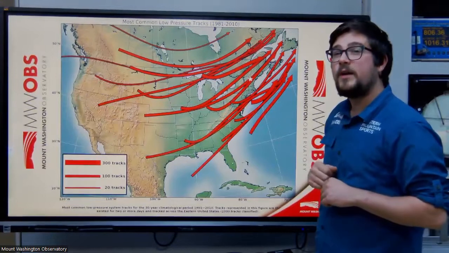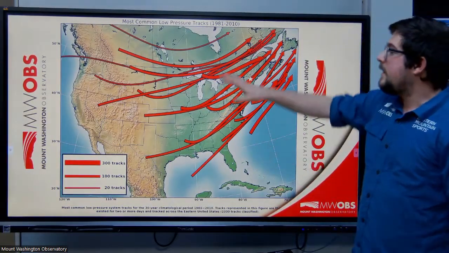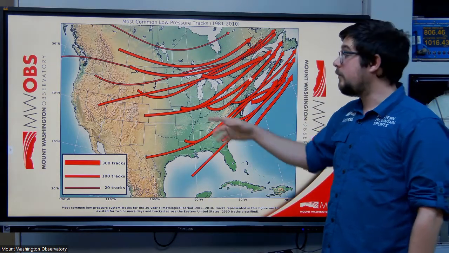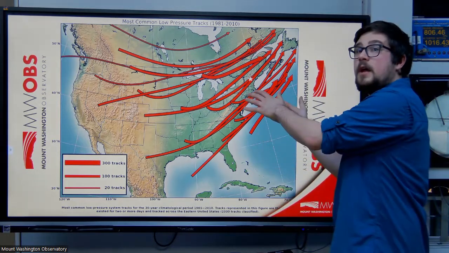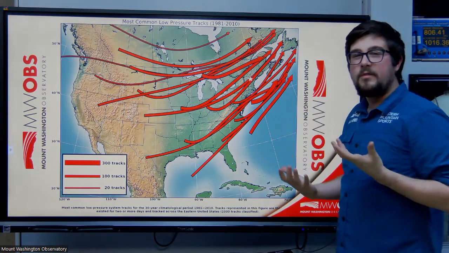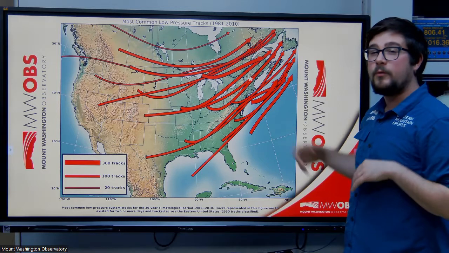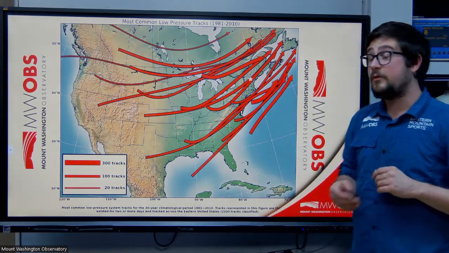I mentioned storm tracks. That little white star there is us here on the summit. And each of these red lines is a common storm track over the last 30 or so years. The thicker these lines are, the more common the storm tracks are. And so you'll notice there's a cluster of storm tracks that are very, very close to the summit, within about 1,000 miles or so. Some of these thicker lines are these common coastal storms that we call nor'easters, which we'll be talking about actually in a future virtual classroom, so stay tuned for that.